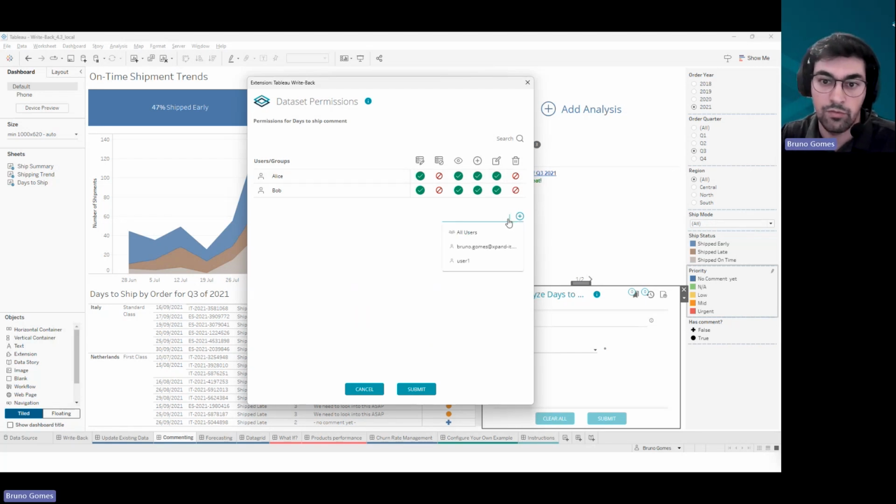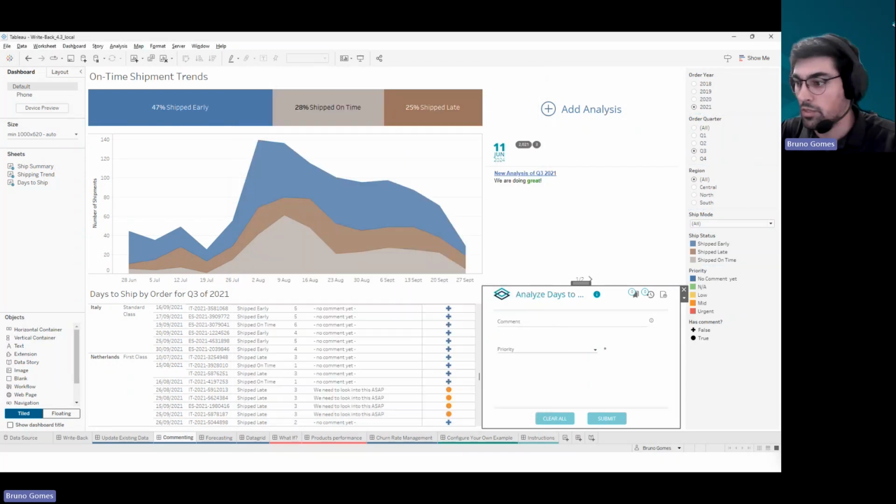And now we also have, of course, the ability to have user groups. So now over here, I have all users by default. Everyone will have that group, but you can create new groups with specific sets of users. And then you can, on the group level, combine the permissions to more easily manage more users. And on the WriteBack Manager, if I just pull this up over here so you can see,